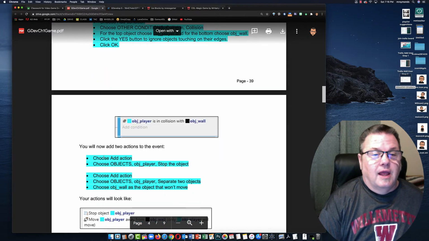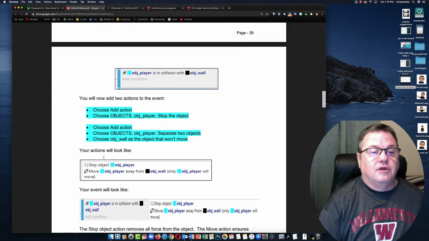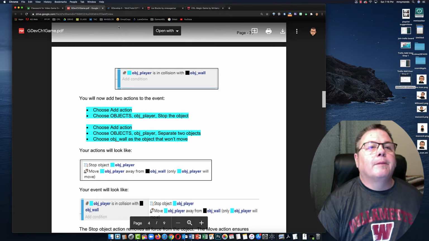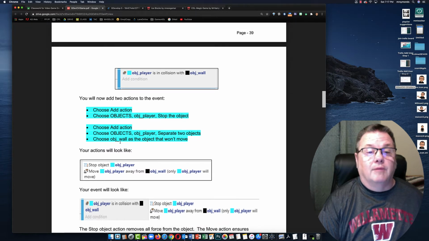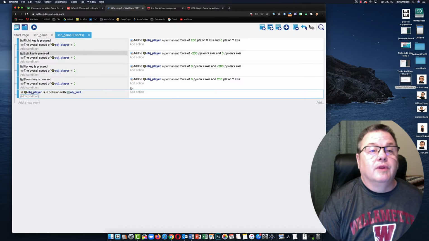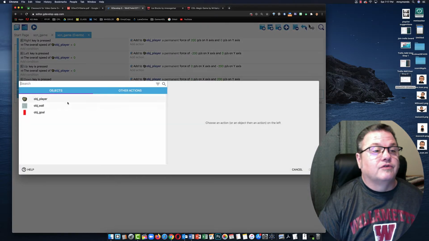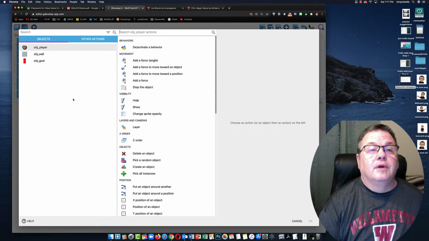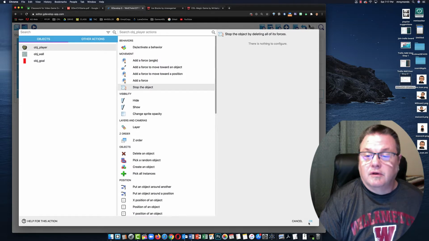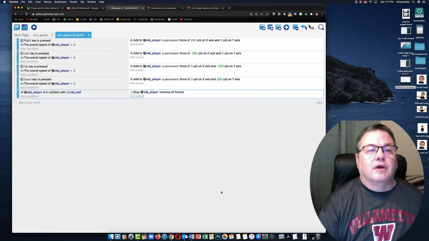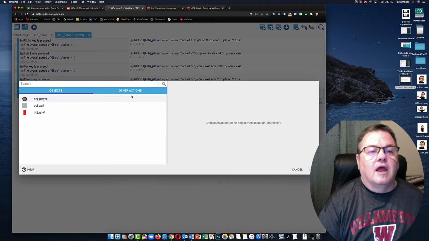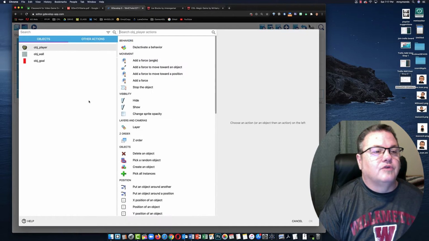All right, and we'll add 2 actions to the event. We're going to stop the object player and move the object player away from the object wall. All right, and choose the object wall as the object that will not move. Only object player will move when they go. So first thing, we're going to stop the object. Okay. Object player stops, and then object player